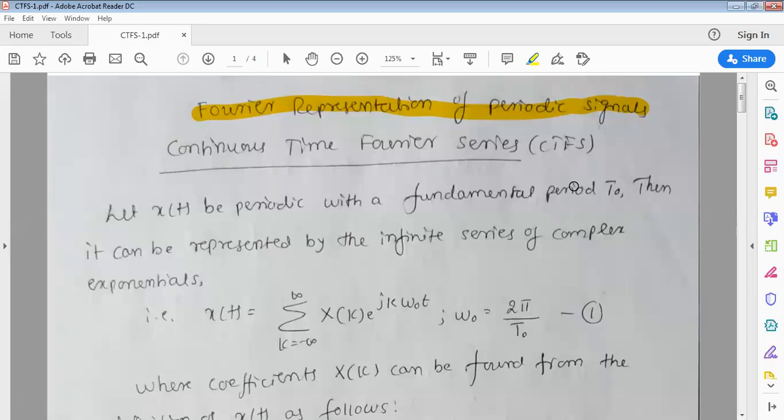Image processing. Okay, but what is a Fourier series doing? Suppose I apply Fourier series. Suppose I write the equivalent of a signal x of t in terms of, let us say, x of k Fourier series. What information about this signal is this Fourier series giving? Why should I apply the Fourier series?